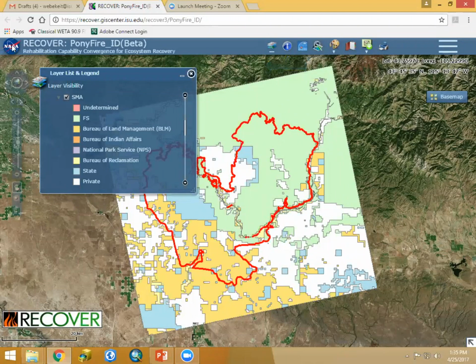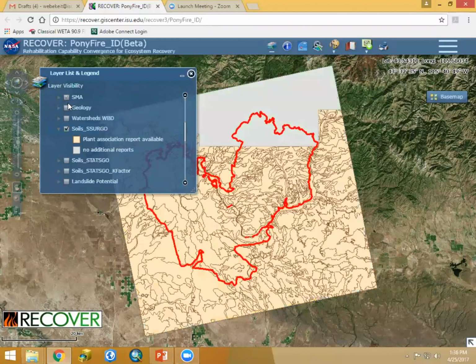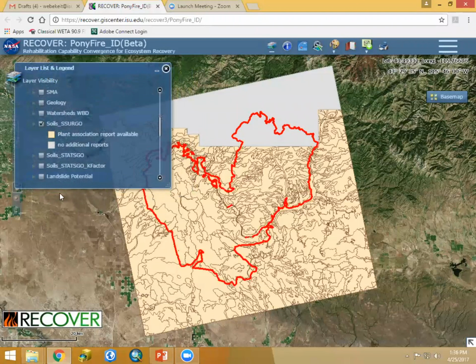Okay, let's go ahead now and take a look at the, I'll roll that up, and I'm now going to take a look at the soils Surgo layer. I'm going to turn it on, and of course in GIS we always have a draw order, and just like any other GIS software, Recover draws from the bottom to the top of the list. So once I turned on Soil Surgo, it's drawing, but we're not seeing it because SMA is drawing on top of it. I turn off SMA, and now we're looking at the